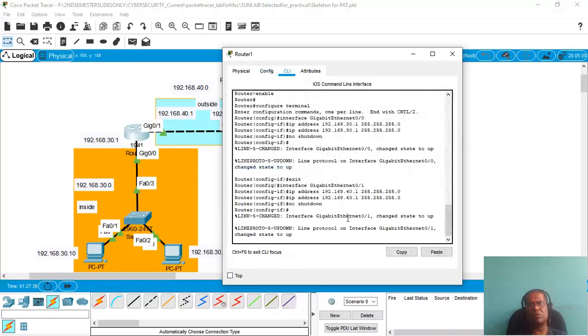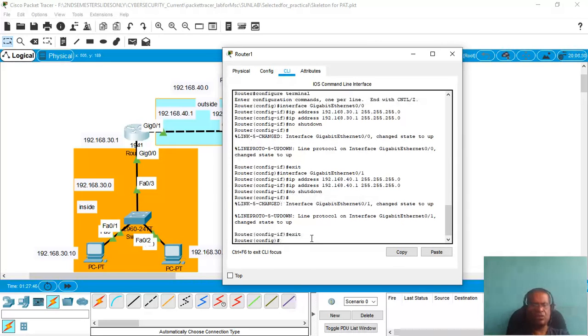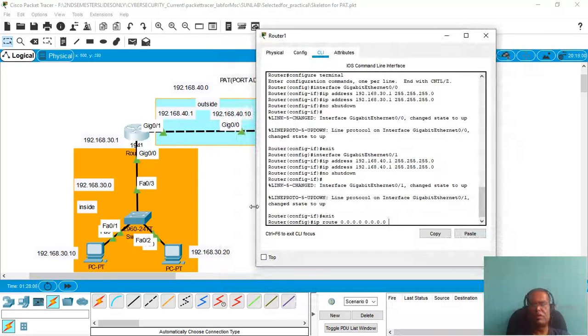Let us go to the command line interface. IP route 0.0.0.0 0.0.0.0, and then the next hop interface for router R1 will be 192.168.40.10.